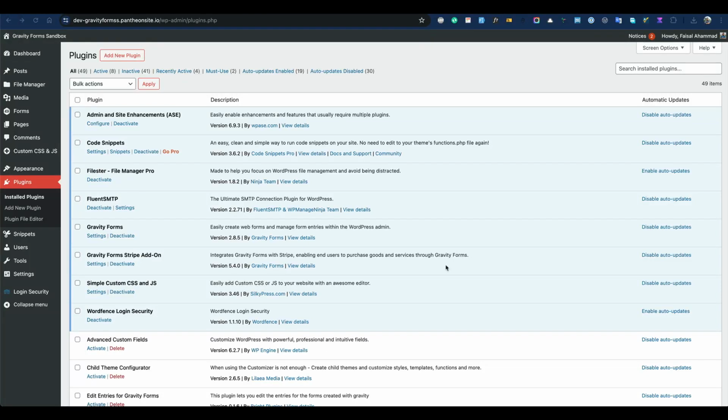Sometimes we have trouble getting email notifications from our website. It could be from a contact form or even the website itself. Like if someone registers or places an order, we are not receiving the email. So why does it happen? It could happen for various reasons, and the most common thing is that WordPress uses